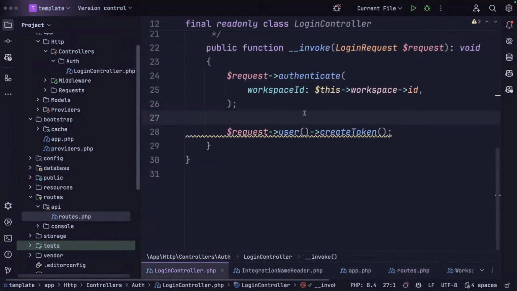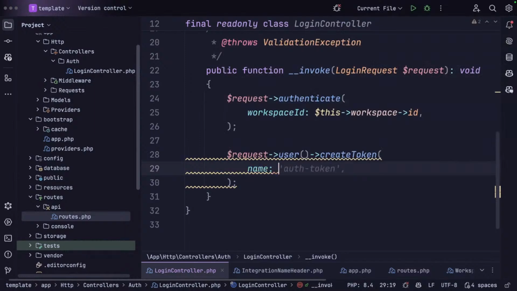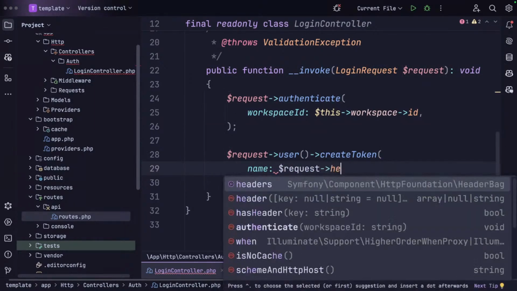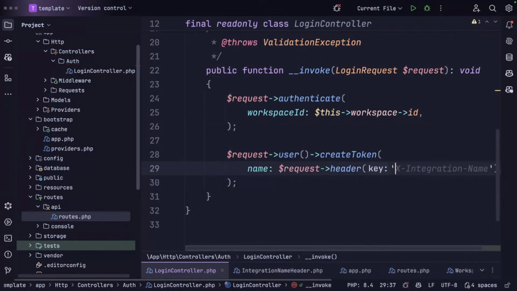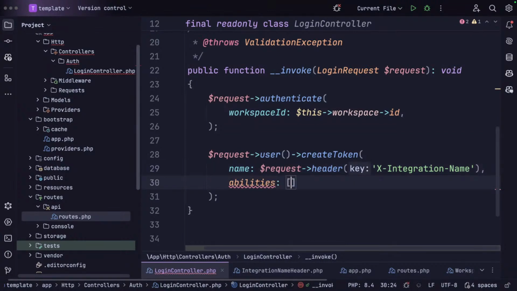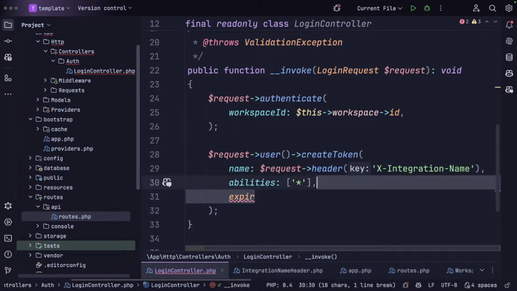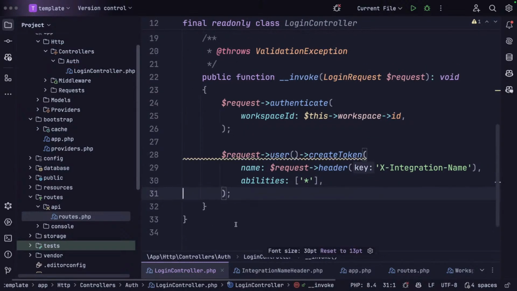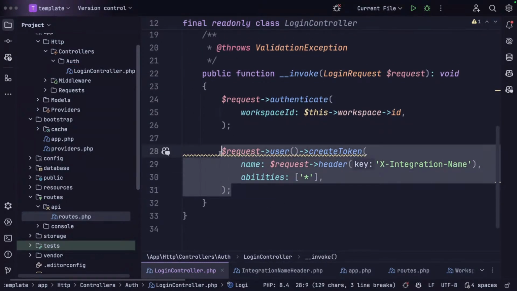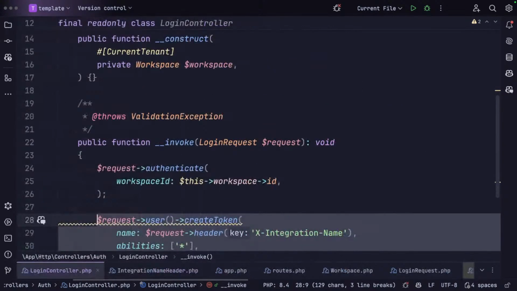So this login controller is going to then create the token where the name is going to be request header X integration name. The abilities is going to be all, and the expiry expires. I'm not too sure on the expiry date, but that's all we need at this point. So this bit here, this create token, this is a database interaction, right? And we all know that when you're doing database interactions,